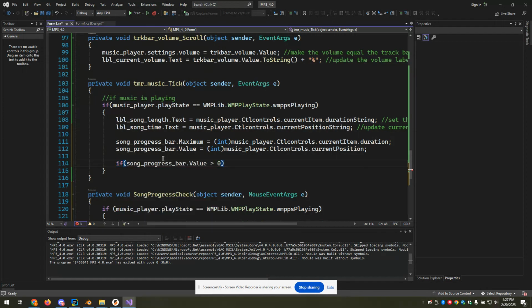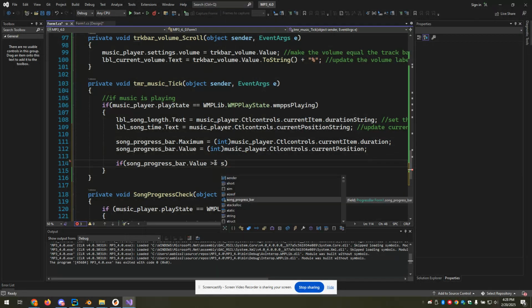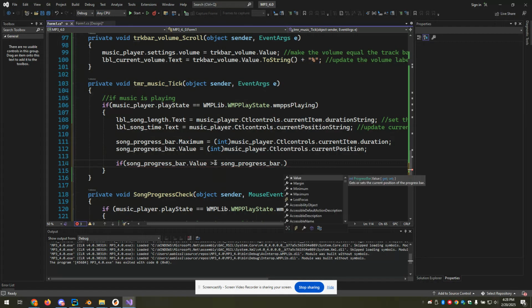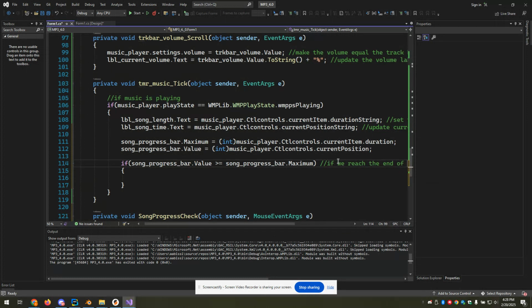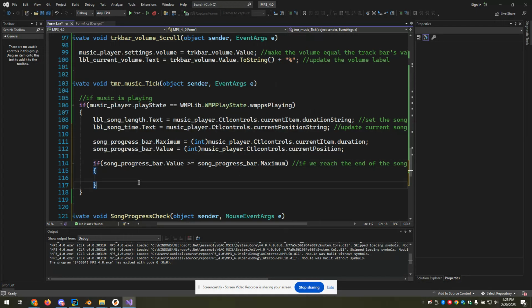If the song progress bar's value is greater than or equal to the song progress bar's max, if we reach the, oops, sorry, that was supposed to be a comment. If we reach the end of the song, then what we want to happen is the list index,